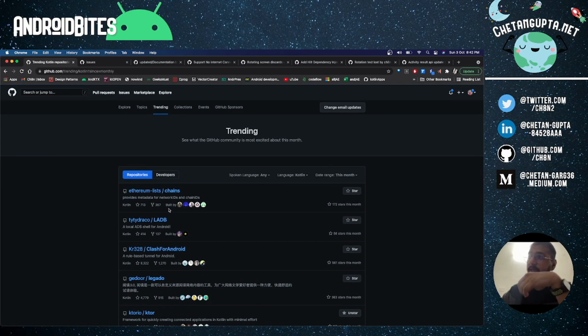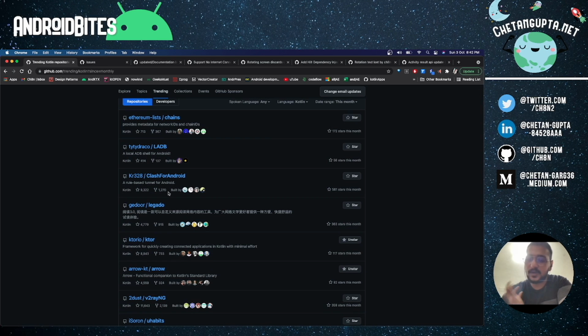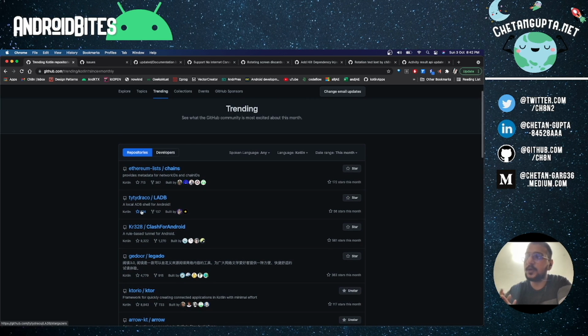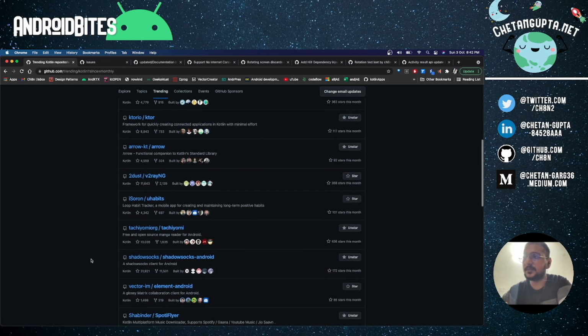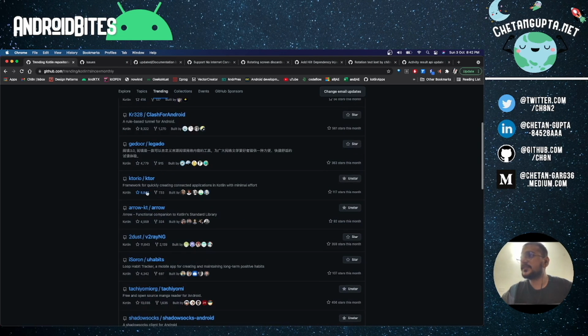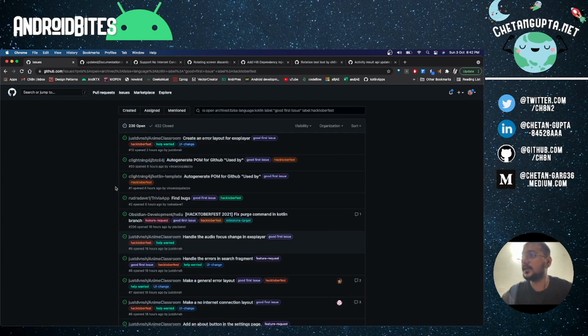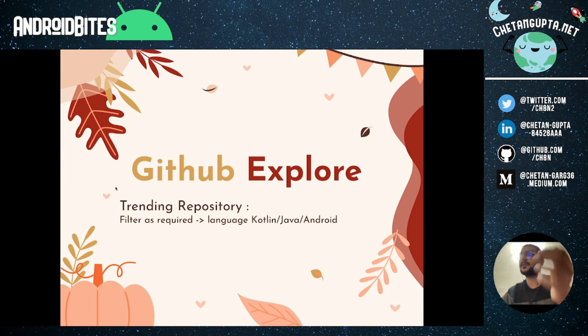If you want to contribute only to a very valuable repository, you should use the monthly filter, because if a project is trending the whole month, there is a huge chance that the entire Android ecosystem knows about it. So use these filters, go into the repositories, search for the open issues and contribute. This was about the GitHub Explore filters and trending repositories.